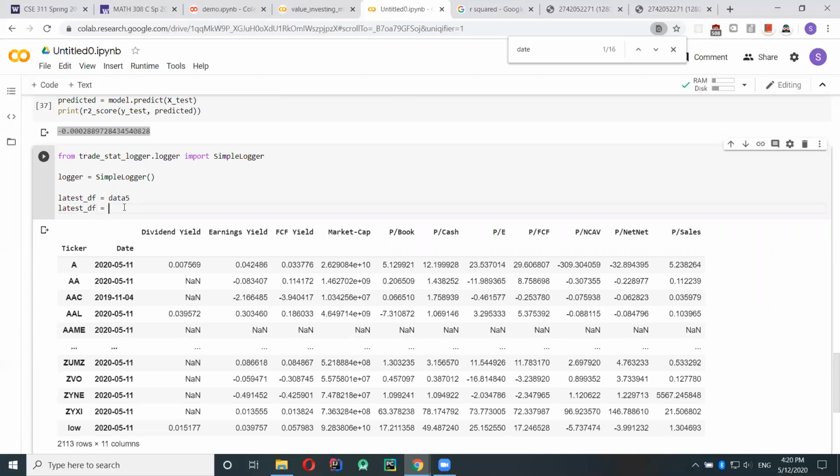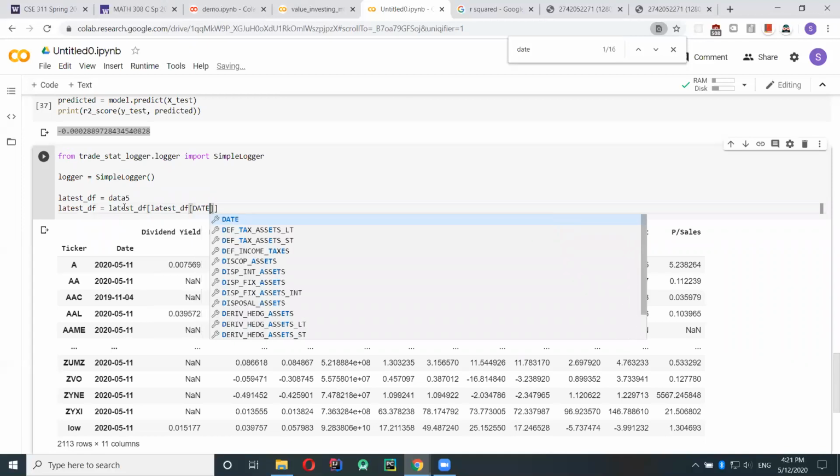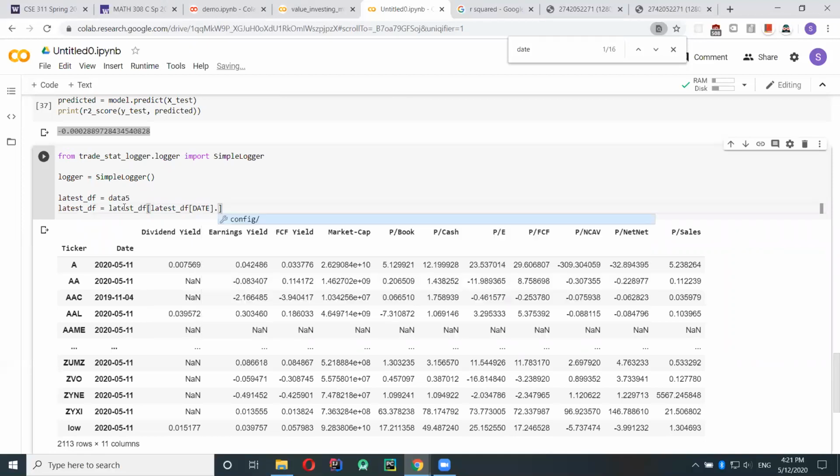Okay, so latest DF equals. How do we filter that out? Latest DF. So we want to get the datetime, the date.